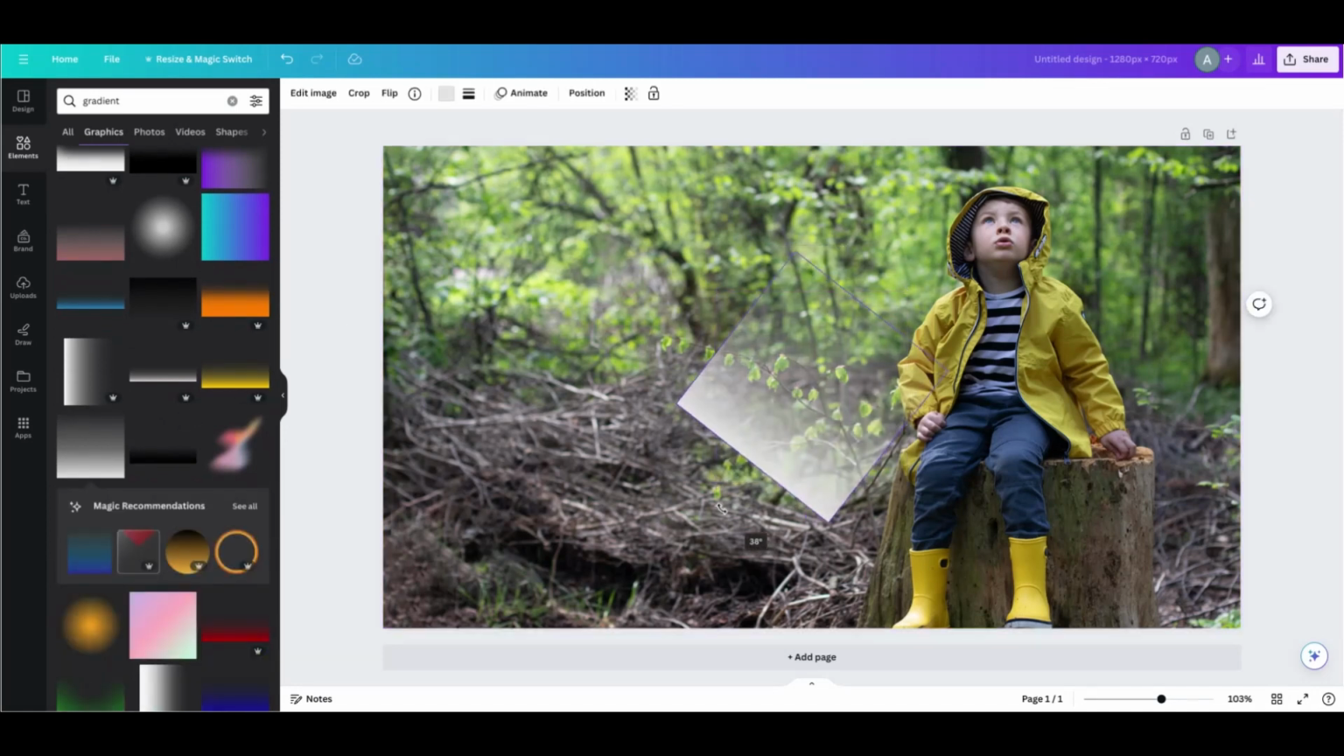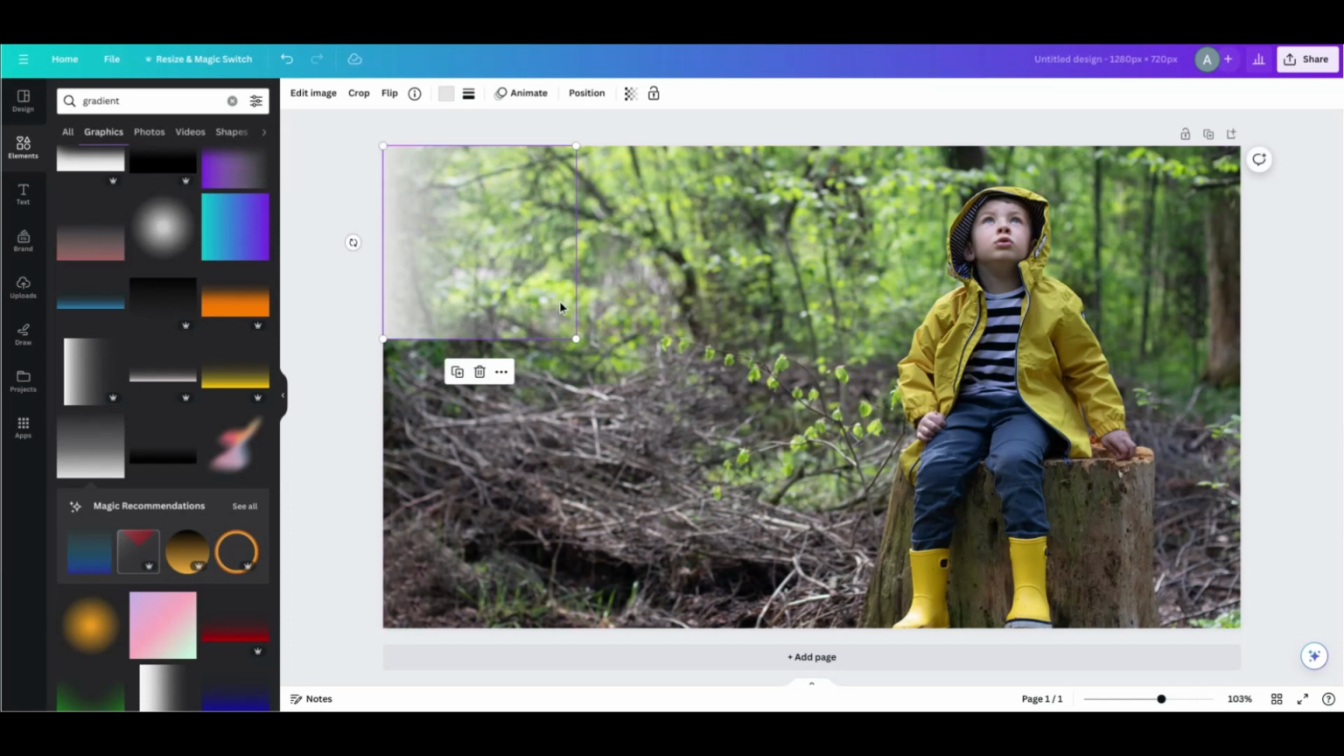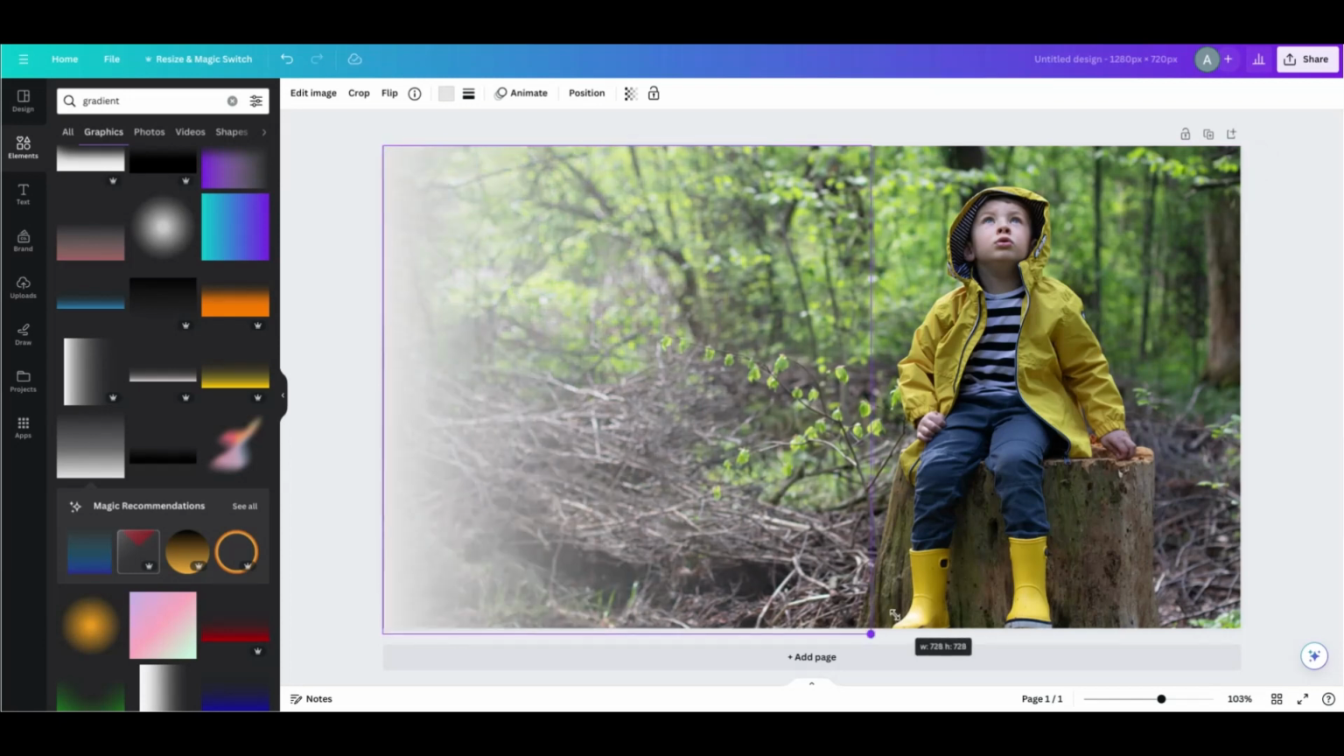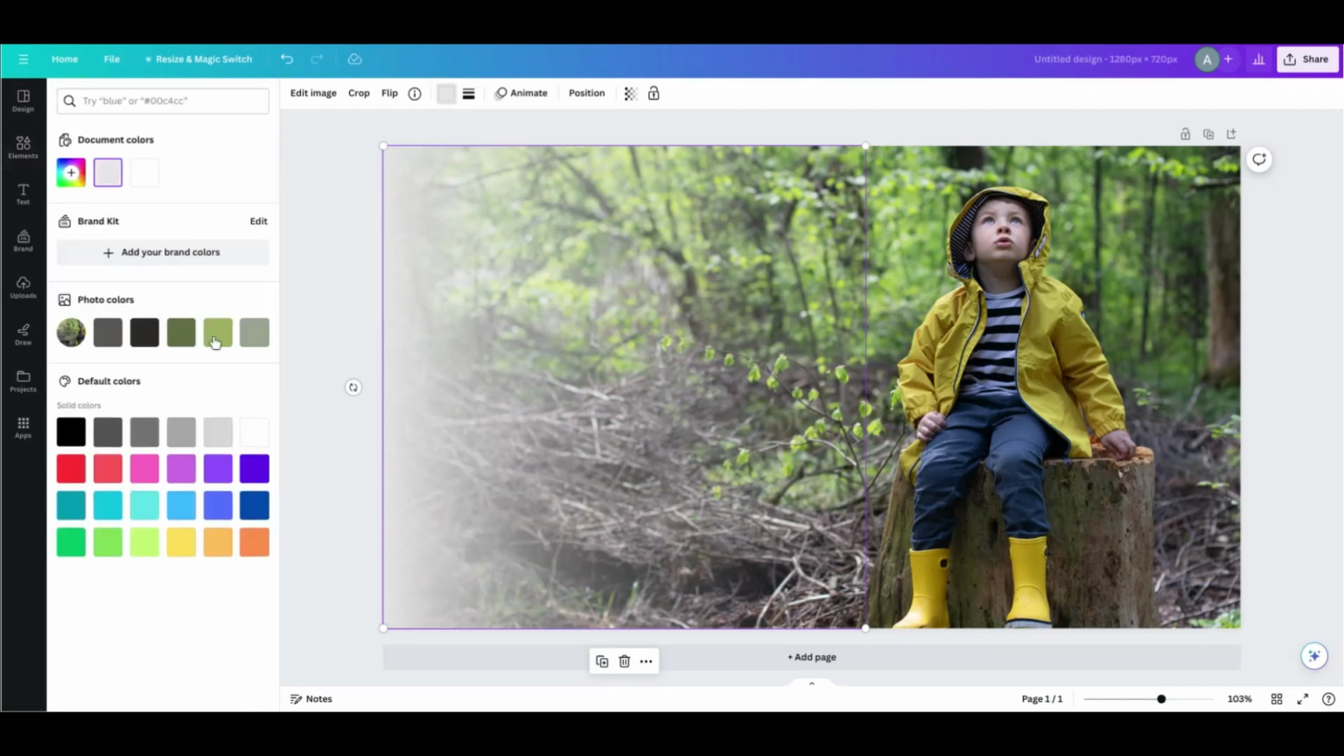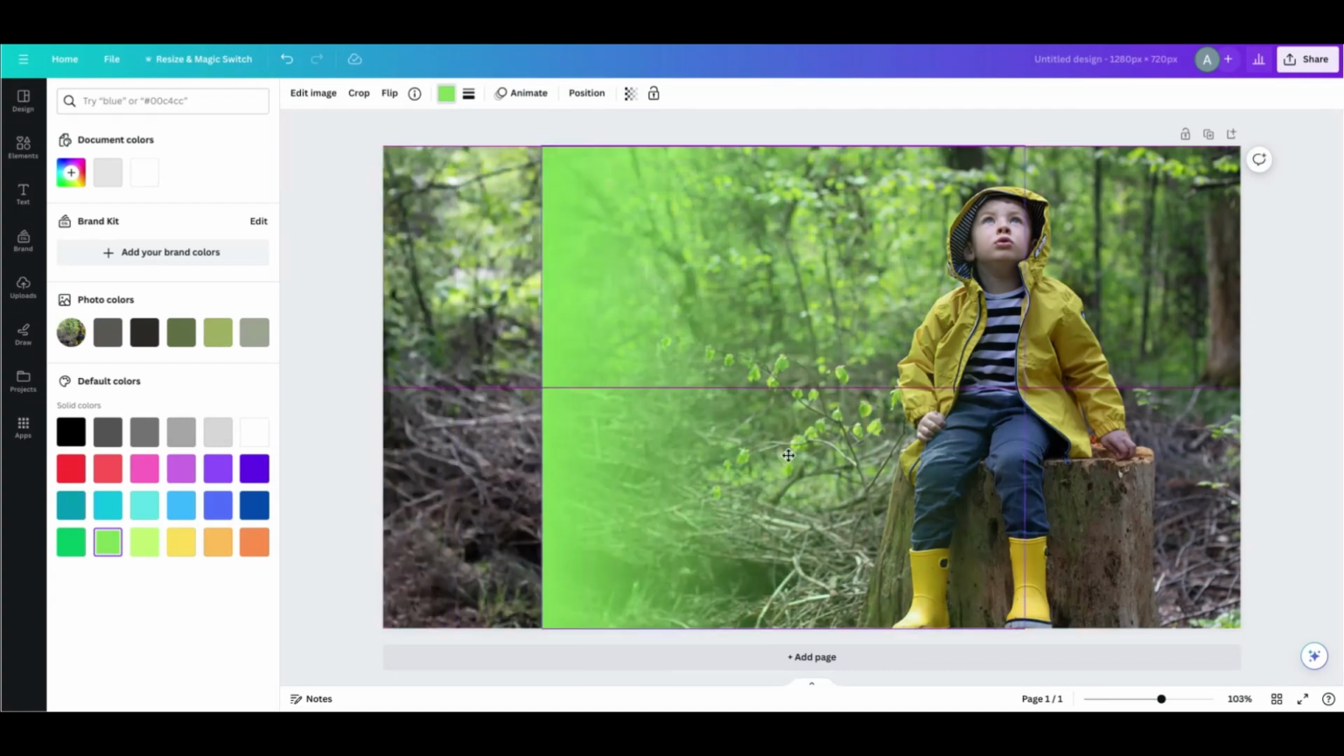So here is one. Change it to the right size, add the color you want. I might use green. And what you want to do now that you've selected your color and the gradient, hold Alt and you